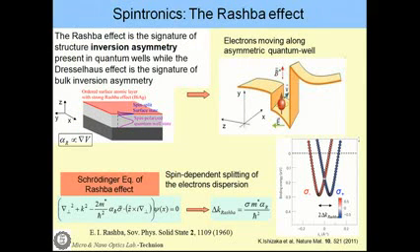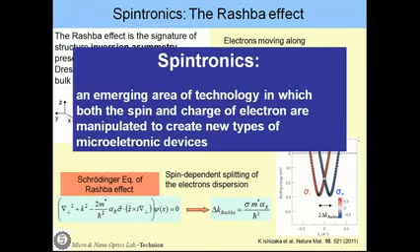Ishizaka et al. published an important paper by calculating and observing a spin-split dispersion for electrons for this Rashba effect. So, spintronics, which is a new emerging area of technology, exploits the spin-orbit interaction effects like the Rashba effect or the spin Hall effect, in which both the spin and charge of the electron are manipulated to create a new type